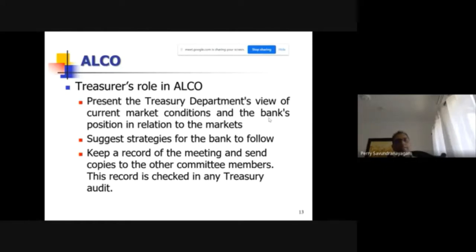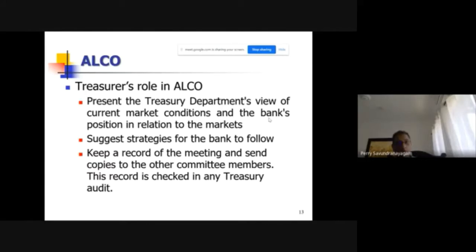Keep a record of the meeting. That can change. That could be a meeting secretary or whatever it is. But why it's important to have these discussions and minute these discussions is because from an audit perspective, these are checked by central bank. These are checked by the auditors of the bank to ensure there's a robust process in the way the bank is managing it and evaluating its risk.